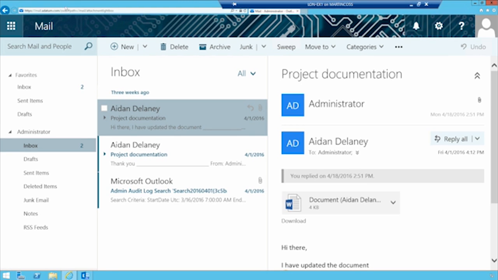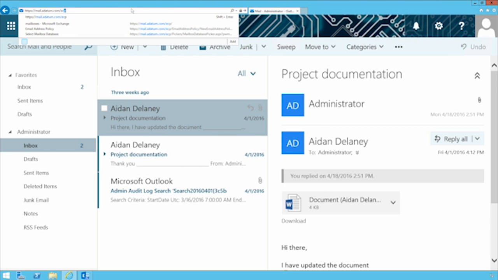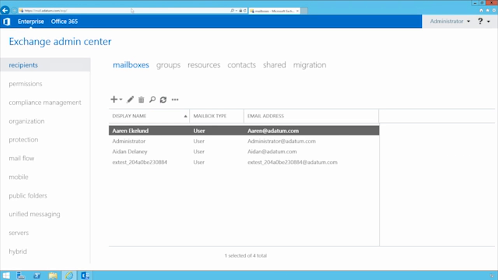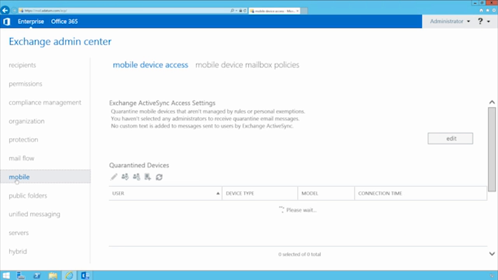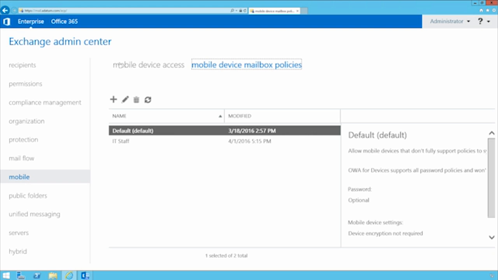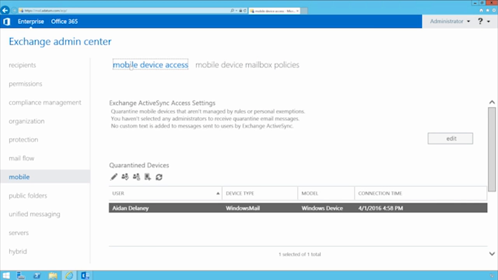So to do mobile device management, you can go to the Exchange Admin Center. I'm logged on as the administrator here, so I can quickly go into mobile devices, and it gives me two options. The one option is mobile device access, where I set up my ABQ rules: allow, block, quarantine. And then mobile device policy. Those are the security settings that I want to set on devices. So with ABQ,